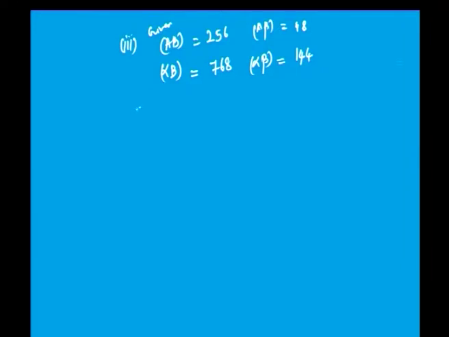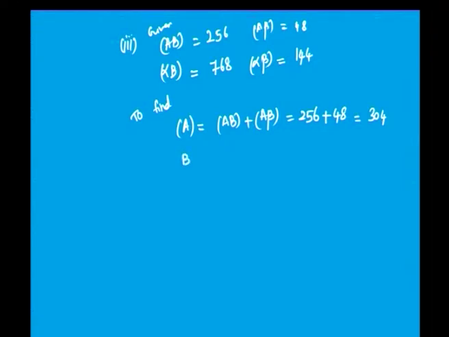That is, first we will find out A. A is equal to AB plus A beta. The other attribute corresponding to A is B, so B and beta are associated with A. So, AB plus A beta, and these respective values are 256 and 48. So, 256 plus 48 gives you 304.